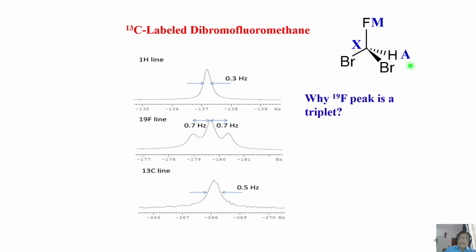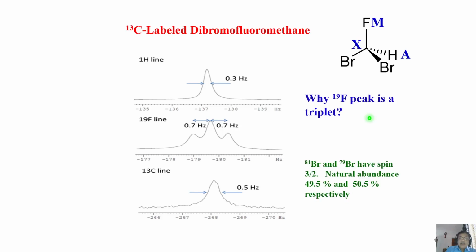Of course, don't tell me there are two bromines. Bromine will not couple, and most of it is a quadrupolar spin. So what makes it a triplet? In the 1D NMR we saw which is active spin and which is passive spin. We know what types of spectra you are going to get. But still, it is a triplet, and it is a genuine spectrum. Nothing is wrong in that. How do you analyze that?